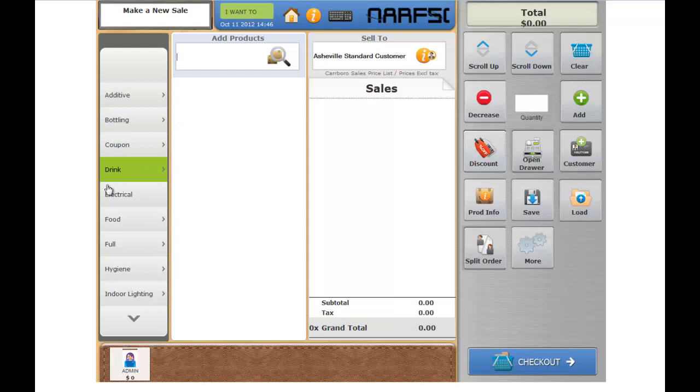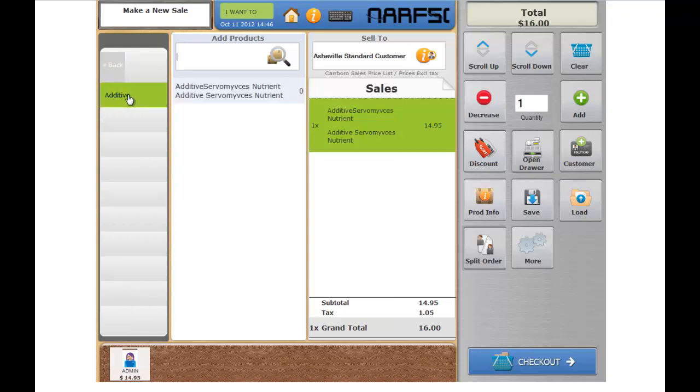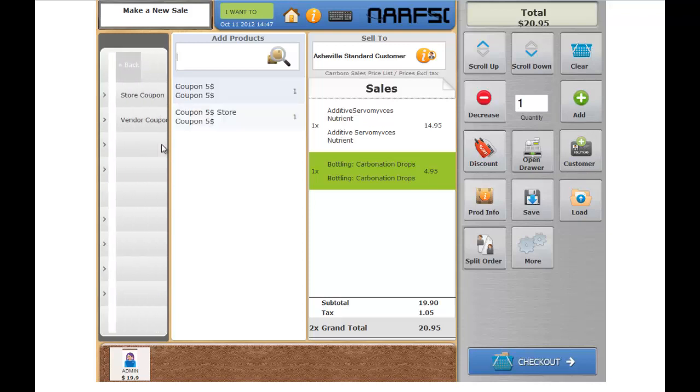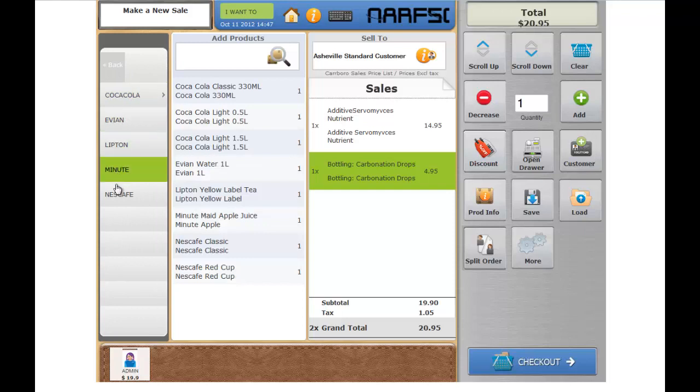So notice over here that we have a list of products. This is considered the primary level of products. Now as we click through here, you see that there's also a secondary level. The way these products are designed is it builds a product tree. So when you click on them, you basically have different subsections breaking down. For example, we have drinks and then the subcategory of the type of drinks. So that's basically how the product feature works in Posterita, and it just makes it easier for you to search